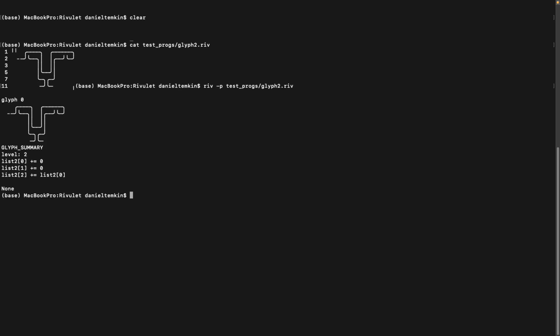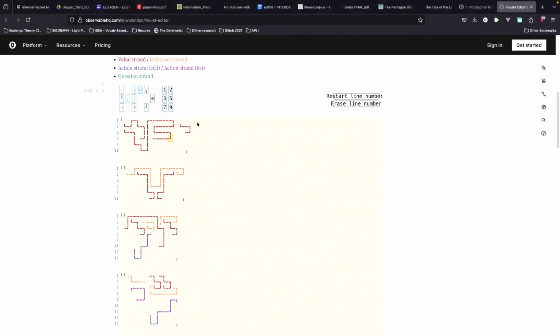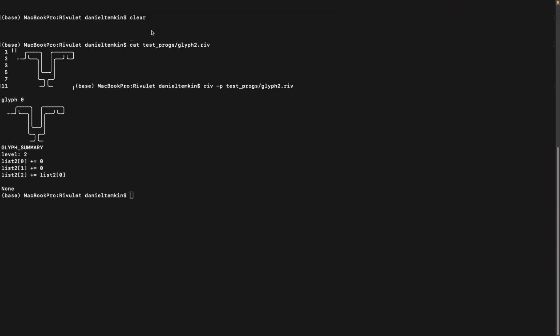So in this case, it is adding 0 to the first element of list 2, that is adding 0 to the first element, to element 1, and then it's adding to element 2 from element 0. Because it's reaching around, you can see it's kind of reaching around, it's ending at the beginning, if that makes sense. All right. Let me go back here.